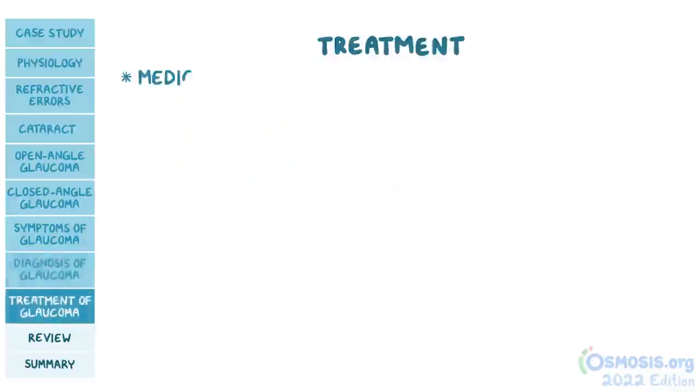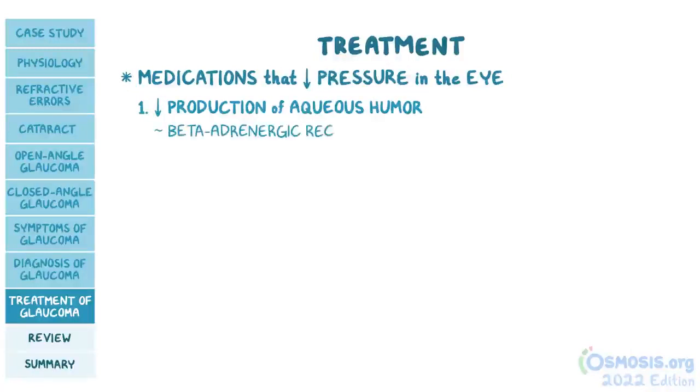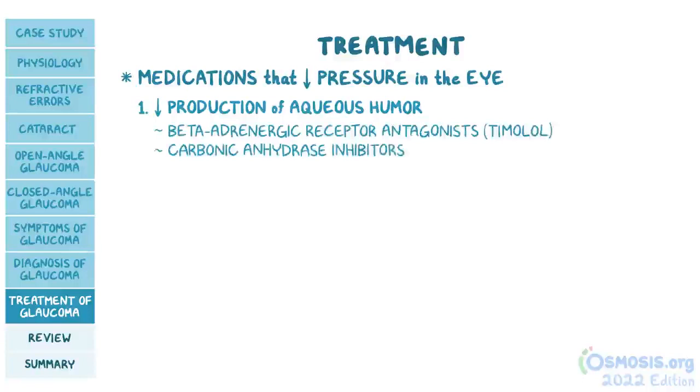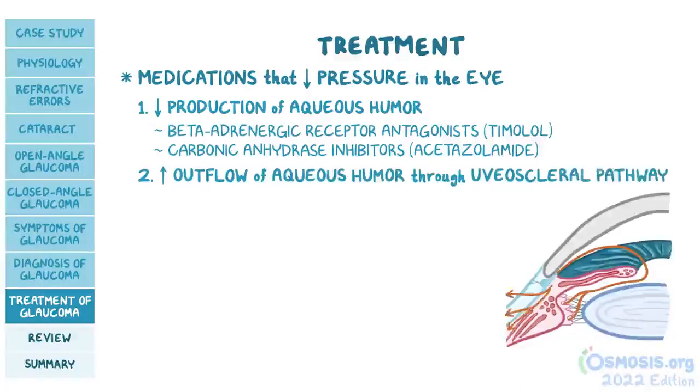Treatment focuses on medications that decrease the pressure in the eye. This can be done in a couple of ways. First, we can decrease the production of aqueous humor with medications like beta-adrenergic receptor antagonists like timolol and carbonic anhydrase inhibitors like acetazolamide. Next, we can increase the outflow of aqueous humor through the uveoscleral pathway with prostaglandin analogs like